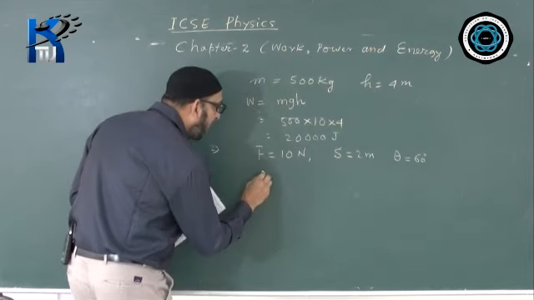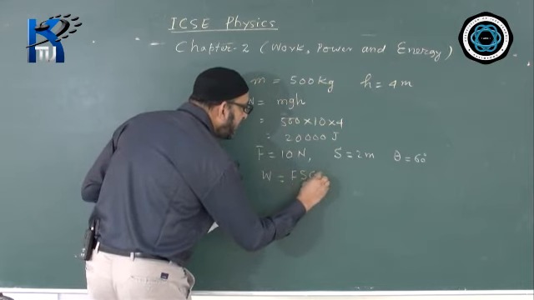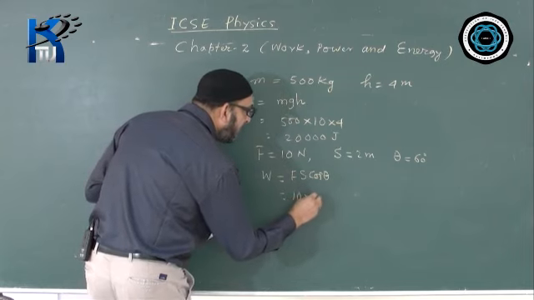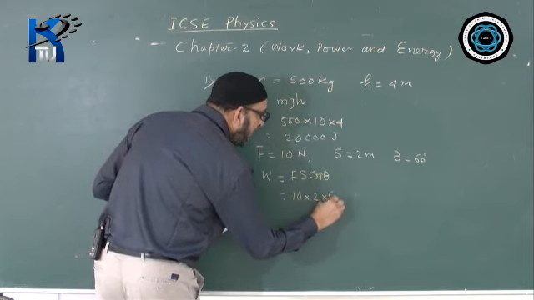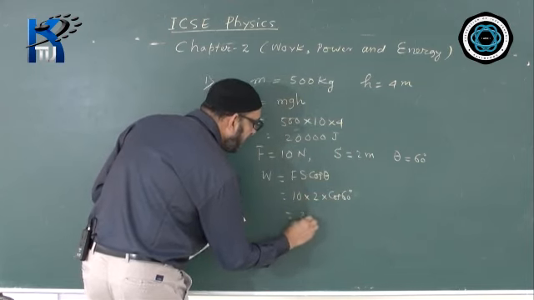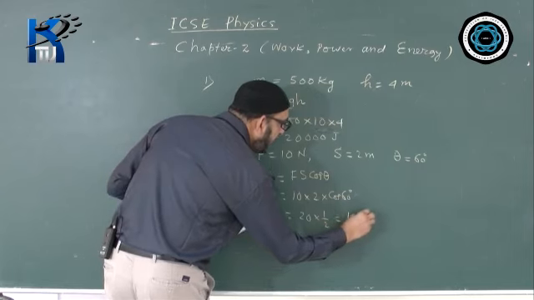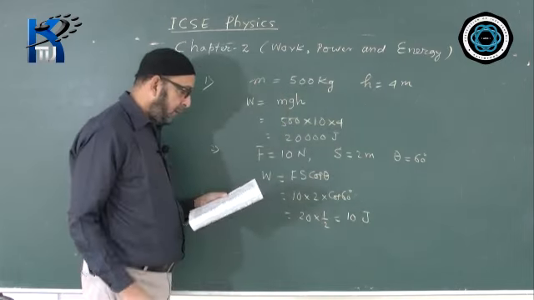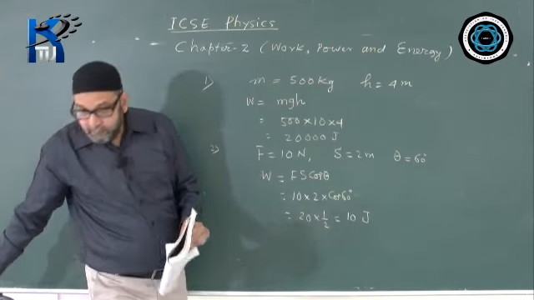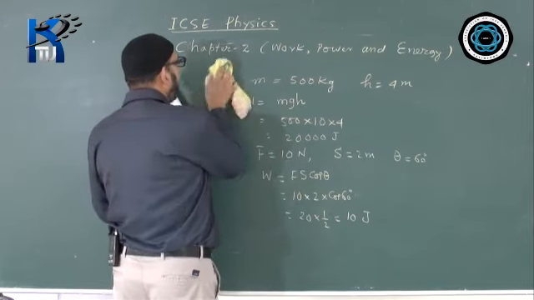Naturally, the formula now for finding work is W is equal to F s cos theta. F value is 10 multiplied by S, that is 2 cos 60 degree. So now we will calculate. This is coming 20, cos 60 is half, the answer will come 10, unit will be joules, 10 joule. So this is done. Now, the another question is over here.